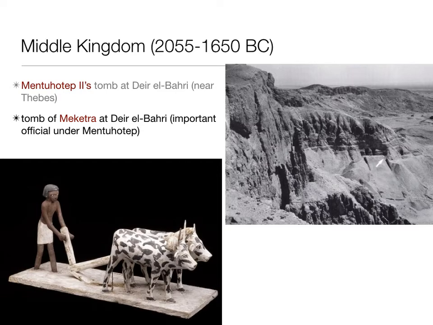And so this tomb here on the cliffs above Deir el-Bahri, we have one of the tombs at the Boston Museum of Fine Arts, excavated in the 30s or so, a tomb of a guy named Maketra, who was an official under Mentuhotep. And what's interesting about his tomb is a lot of wooden models. It's kind of a new kind of artifact that we see popping up that gives us a lot of really interesting information.